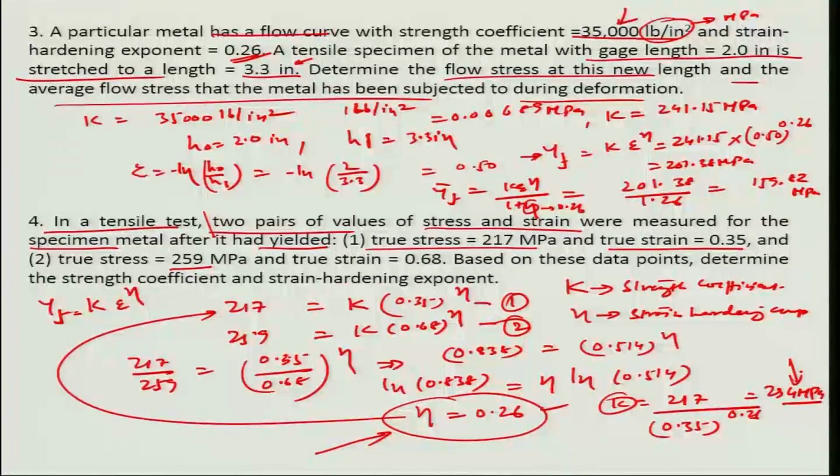So this is how you calculate the various parameters in the flow curve in the flow region, and it's a very important property because all metal forming typically happens beyond the elastic limit, and whatever we are going to do in the following lectures about forming processes is really going to be concerned with this flow region of the curve. So in the interest of time, I'm going to close this module, but in the next module